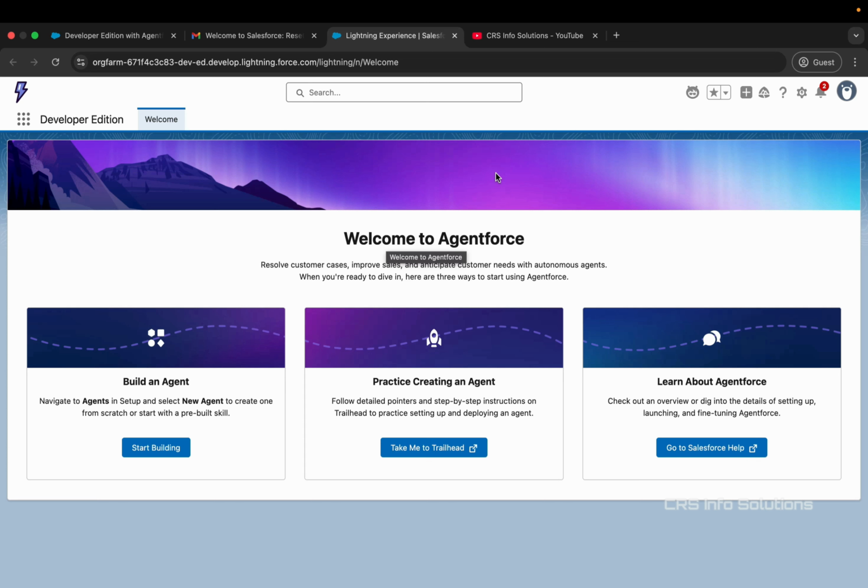And in here, you will see we are in the App Developer Edition. And this app will contain some information on how to start with Agentforce. As you see in this environment, it's already enabled. The Agentforce icon already appears in here. But we will start from scratch, like